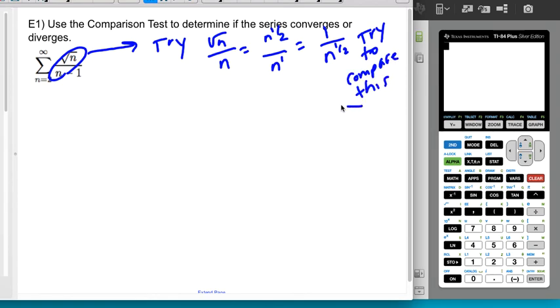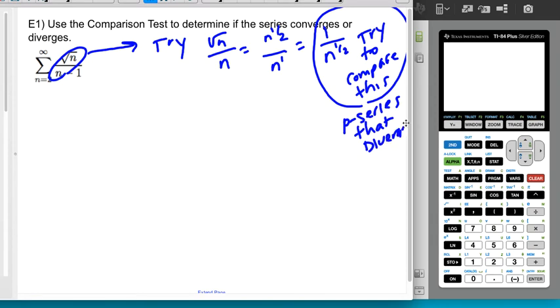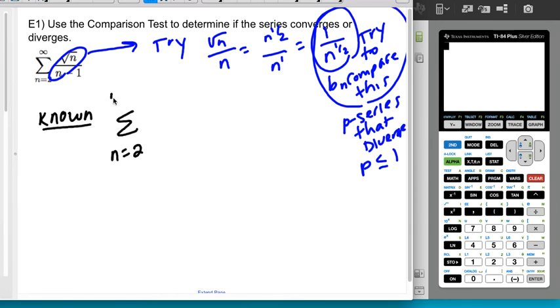this, because this is a p-series that diverges. Right, this is a p-series that diverges because p is less than or equal to 1. So I'm going to try making this my b sub n. So here's what I need to show. To do the direct comparison test, what I need to show is that, since it is known that the sum from 2 to infinity of 1 over n to the 1/2 diverges,